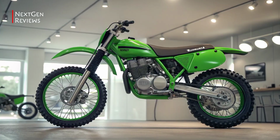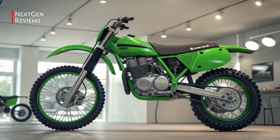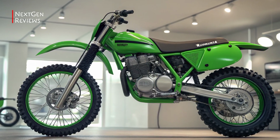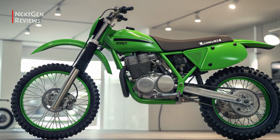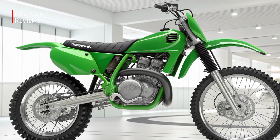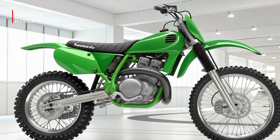If you thought the legend was gone for good, think again. The 2026 Kawasaki KX500 is back, and it's louder, faster, and more refined than ever. Whether you're a die-hard two-stroke fan or just craving raw off-road power, this beast is about to shake up the